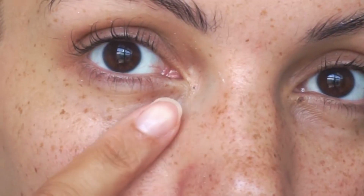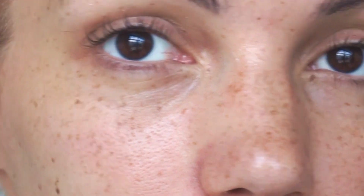I'm an expressive person with my face. I like to smile a lot, so the moment I smile, and I've always had this, I get this big crease under here, and it's just how my face is. I guess my bone structure here is quite hollow. I don't know how to explain this, but basically in here it's easy for me to get some wrinkles happening. So that combined with me being very expressive, I like to keep that as moisturized as possible,